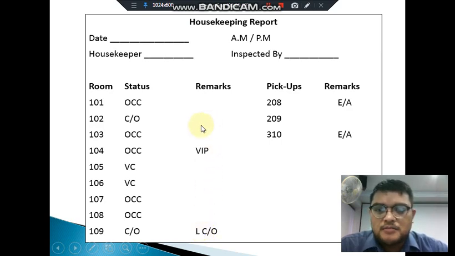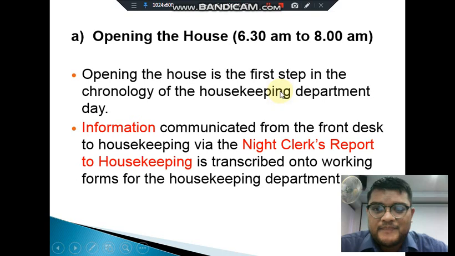And then some remarks like VIP, so special arrangement will be made for the room. EA means early arrival, so this room needs to be cleaned first during the morning shift. So if you still remember, pickups was what? Pickups is the rooms that we delegate to the staff to balance the workload among the housekeeping staff. Alright, let us discuss one by one